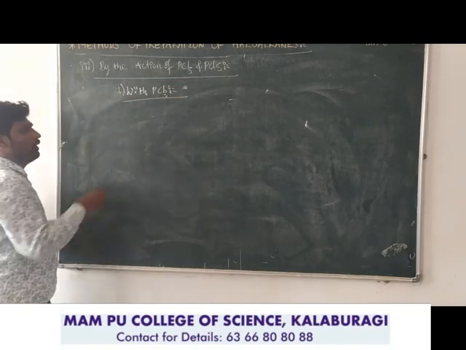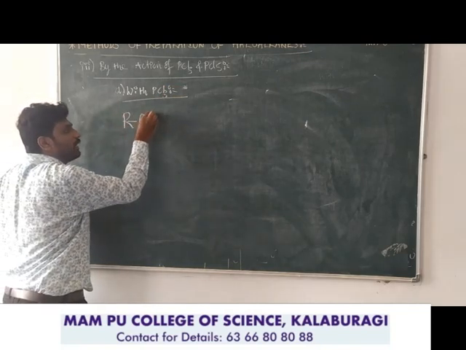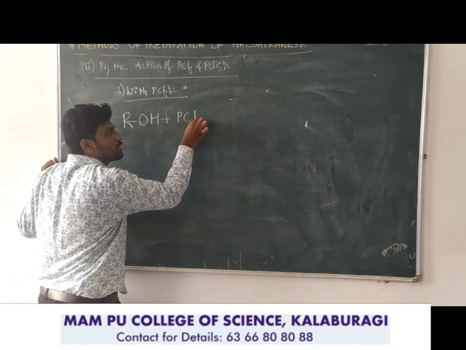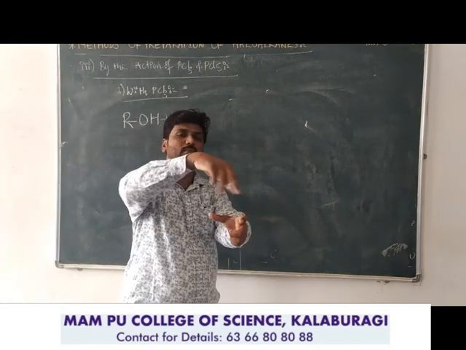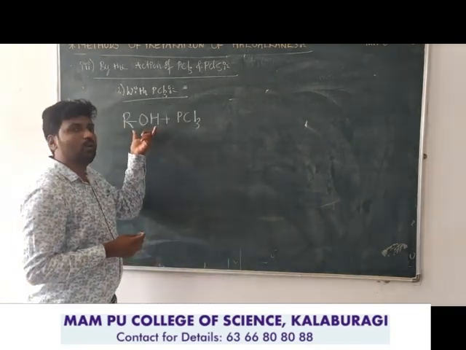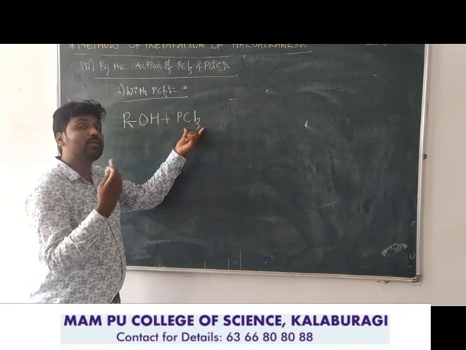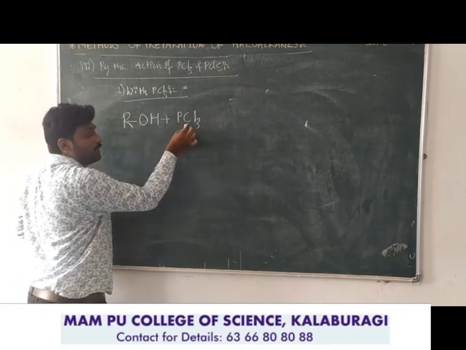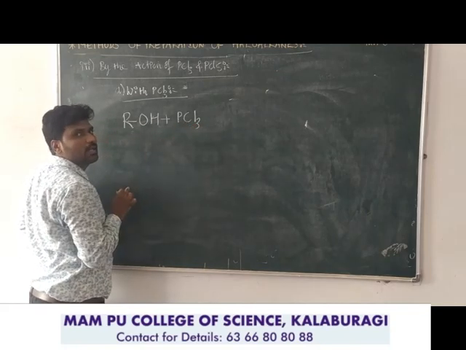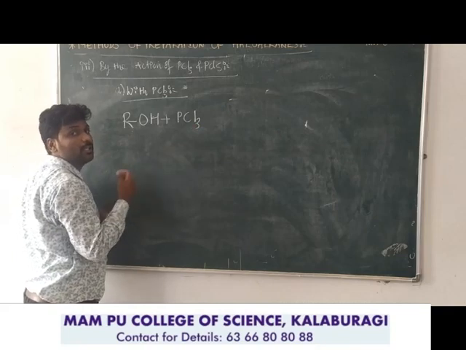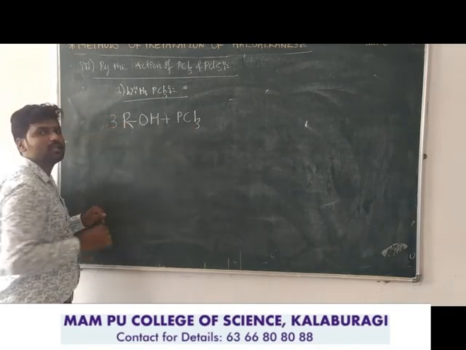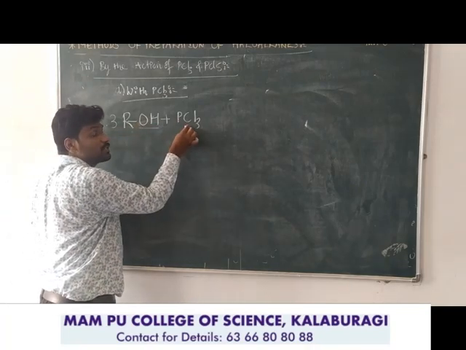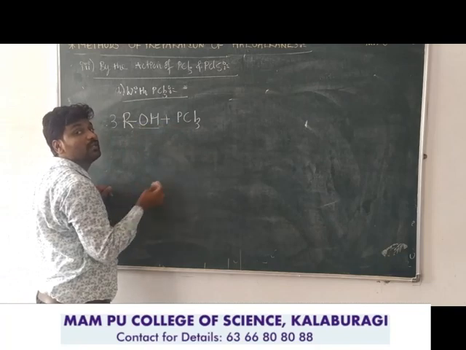Look at here. The alcohol is reacted. Alcohol general formula is ROH. When it is heated with phosphorus trichloride, the alcohol and phosphorus trichloride are mixed with each other. What happens here? The OH of the alcohol is replaced by the chlorine atom. I have written here only one alcohol, but naturally the 3 chlorine atoms are replaced by 3 OH groups. So I have to multiply here with 3 alcohols. The 3 OH groups of the 3 different alcohols are replaced by the 3 chlorine atoms of 1 phosphorus trichloride.